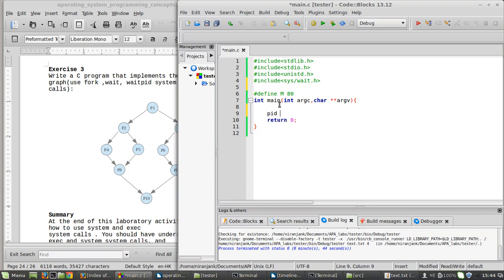Okay, what you guys can do is like we may need this situation. Everything is the same, but also you have to include the system wait header file, because we are going to synchronize these processes, right? Okay, so for an easy idea is like you